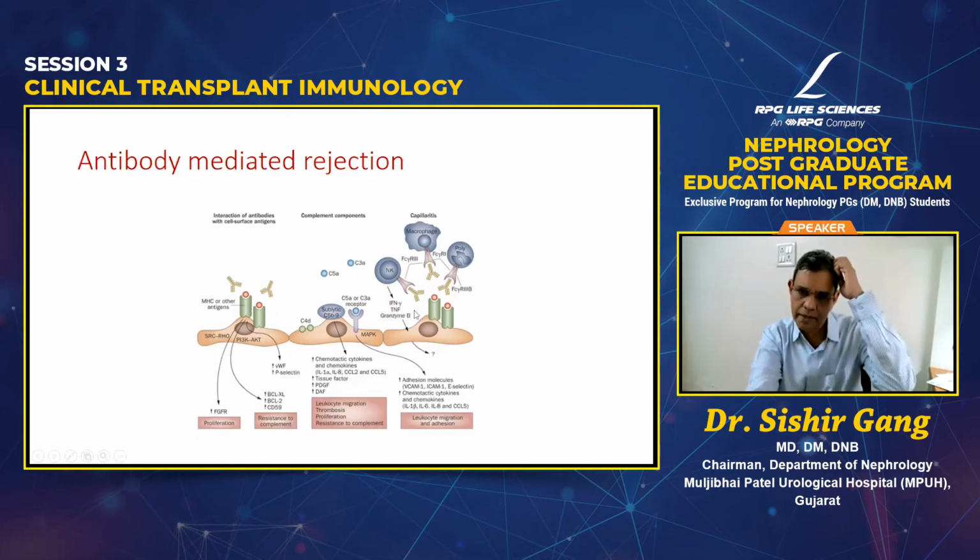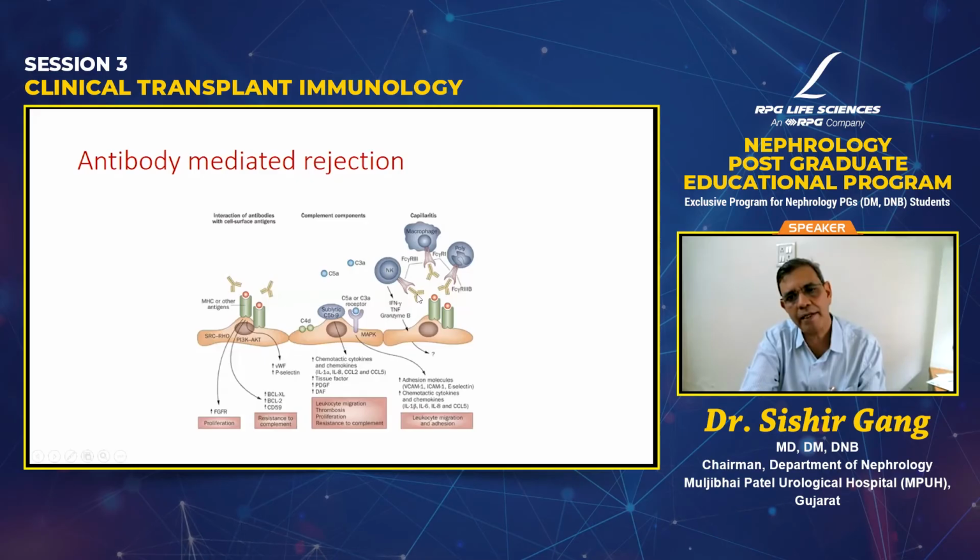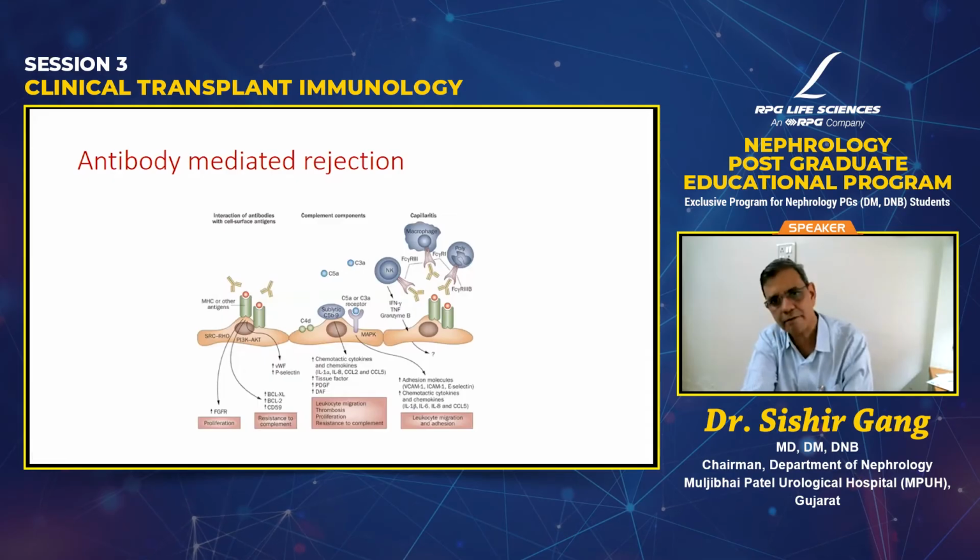And when this classical complement pathway is activated, it produces the lytic proteins, that is C5b-9, and then these can damage the endothelial cells. There's another important mechanism which is increasingly recognized, which is the engagement of antibody-dependent cytotoxicity. These antibodies can actually bind to the receptors of the NK cells. Now, these NK cells then release interferon and granzyme, and these are directly toxic to the endothelial cells. They can even bring in macrophages and polymorphonuclear leukocytes to the graft site. And by engaging, the antibody will engage with the receptors on the neutrophils, macrophages, and NK cells, and then damage the graft. So these are several mechanisms by which the antibodies can damage the graft.